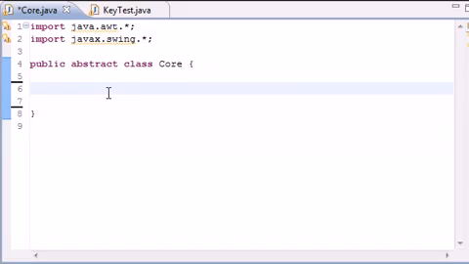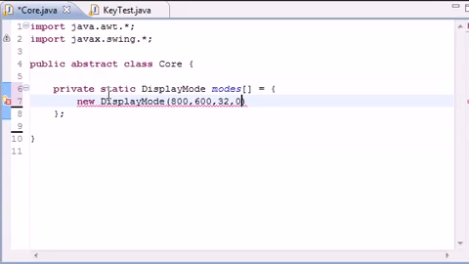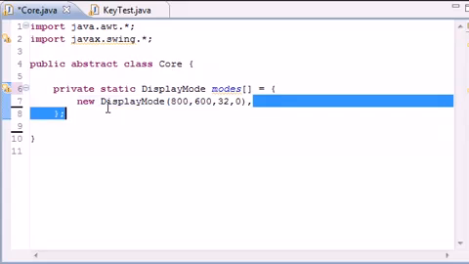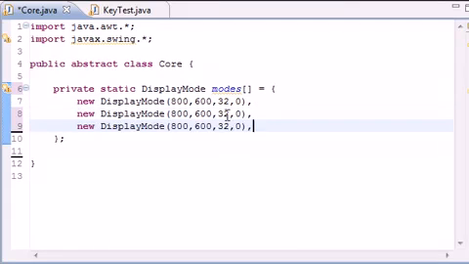I name mine Core because then I'll know what it is. Private static DisplayMode array, name it modes. This is going to be your display modes. Let me go ahead and end that right now and put new DisplayMode, and the first one will be 800 by 600, 32-bit and 0 refresh, and that's a comma, not a semicolon. Let's just go ahead and copy this 3 times, and these are going to give you your display modes. So this is going to be 24 and 16,